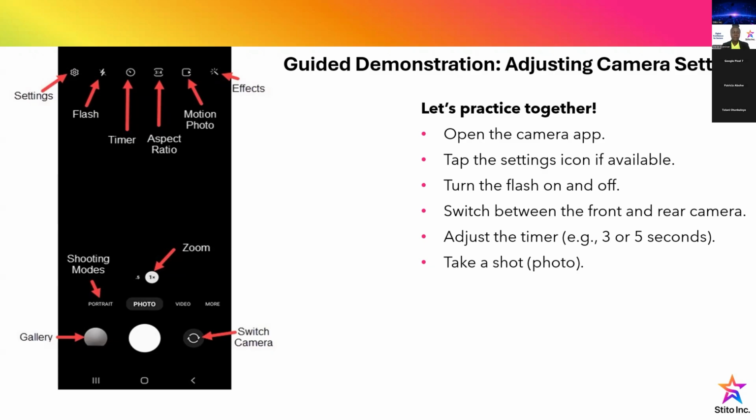There are some things here in the camera app. Camera itself has settings. I think almost every app has its own settings embedded in it. So you see it looks like a wheel, something like the previous one we saw also. It looks like a wheel, and I've labeled it here as settings. You will see this one that looks like lightning. It looks like lightning, that is the flash.